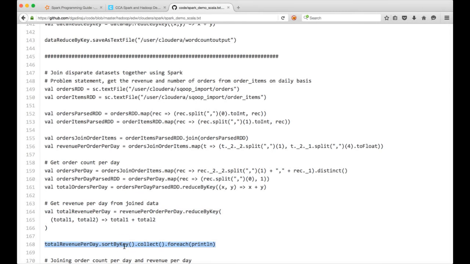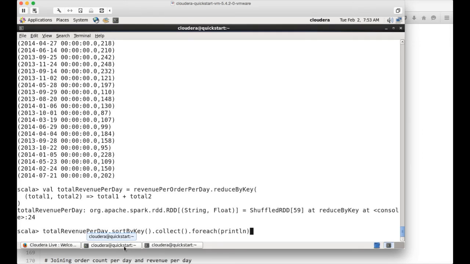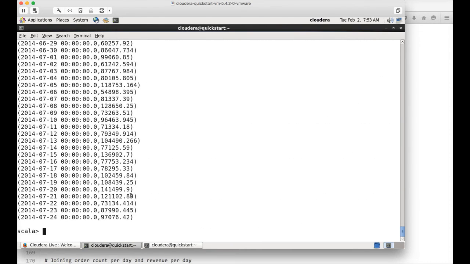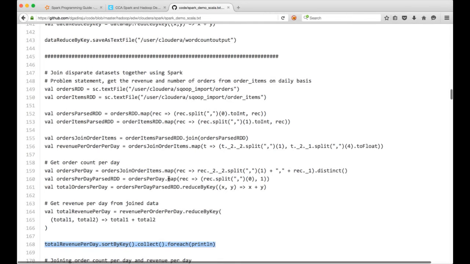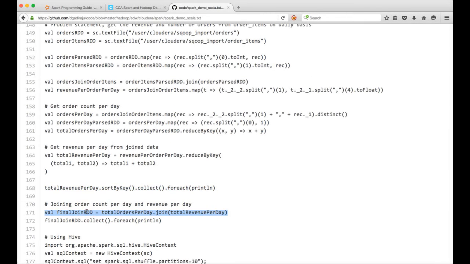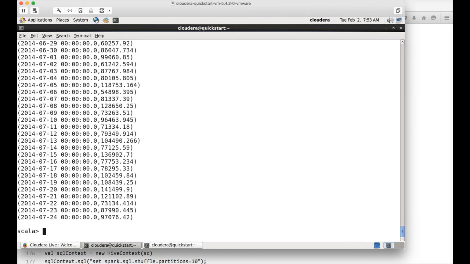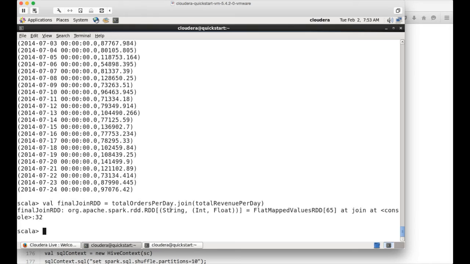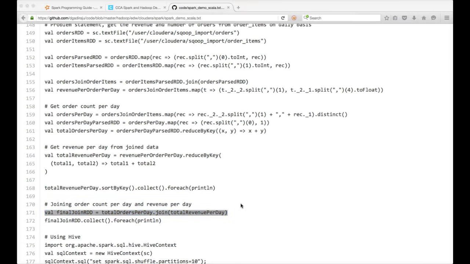Now you can run this command and paste it here and hit enter, and you can see that you are getting the revenue for each day. Okay, and then you can join these two data sets the same way as we have joined earlier, and paste it here and hit enter. Now the total orders per day has number of orders for each day, and the total revenue per day has total revenue for each day, and the date is the key in both the cases. So based on key we are joining the two data sets,